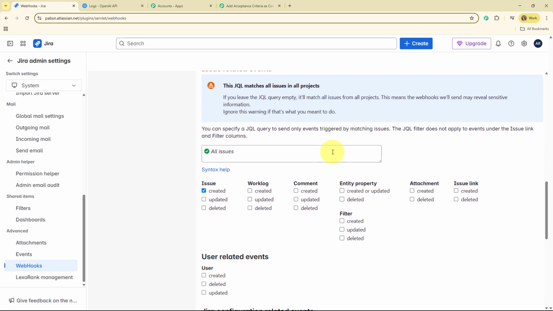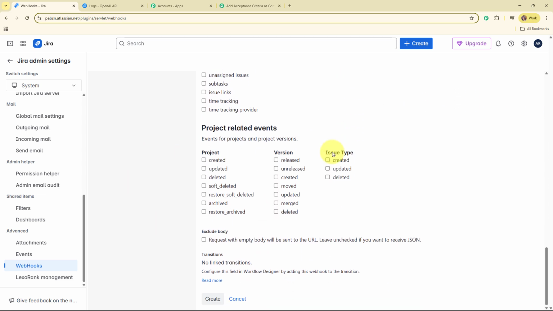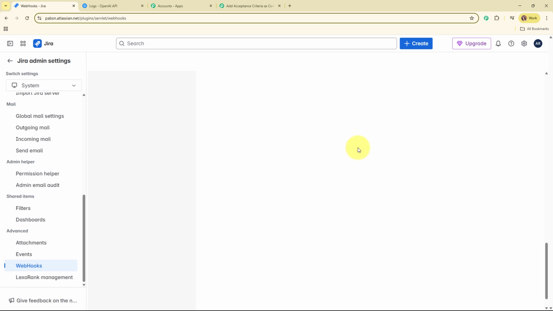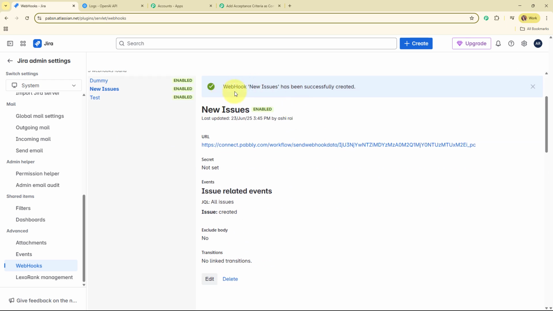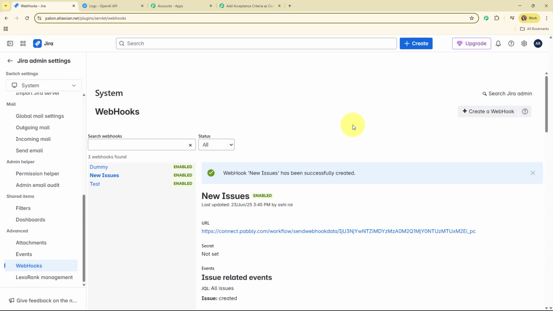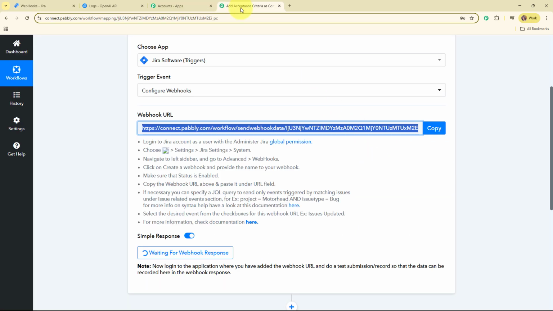Alright, so I'm going to ignore this particular warning over here, and now I'm going to move forward, and then I'm going to click on this create button given over here. And here you can see we have successfully created a new webhook over here that says webhook new issues has been successfully created. Alright, so now after entering all the required details, let's move back to our Pabbly's workflow,